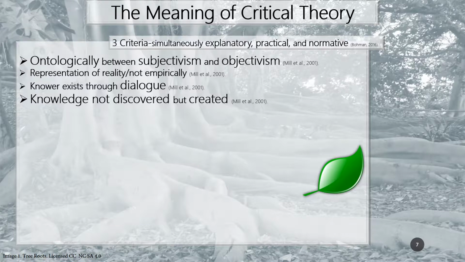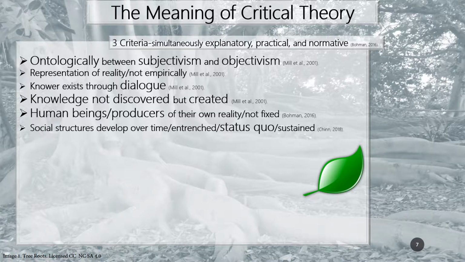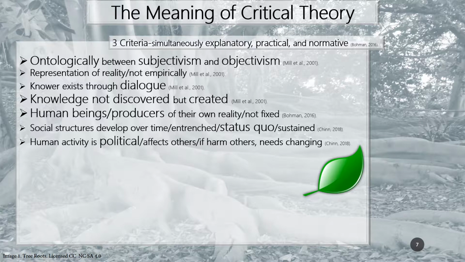Aside from that, the concepts are that critical approaches use both quantitative and qualitative methodologies, and recognize that reality can never be truly conceptualized empirically. The researcher only exists through engaging in dialogue and is on an equal playing field with the subjects. You do not discover knowledge, you create it, and you must convey and believe that the status quo